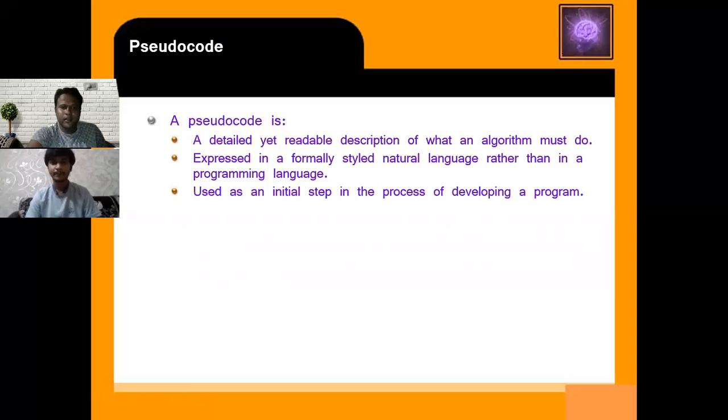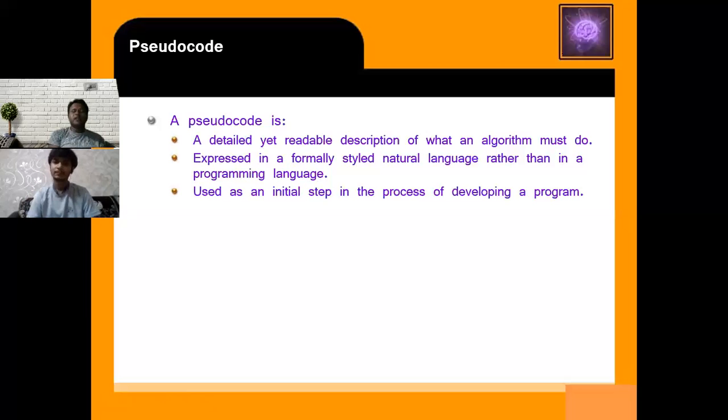Then we come to the pseudocode. A pseudocode is a detailed yet readable description of what an algorithm must do. It is expressed in formally styled natural language rather than in a programming language. Pseudo means false. Before you write a code, you write a false code.